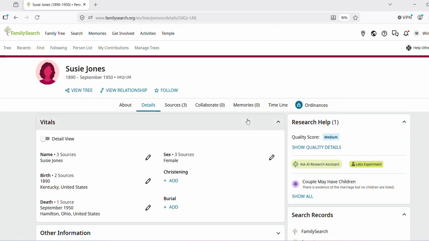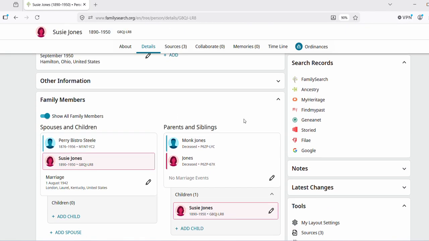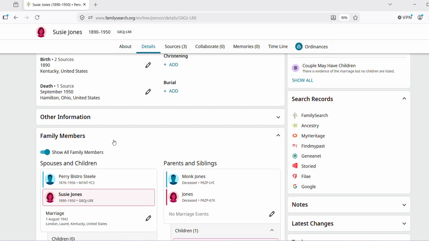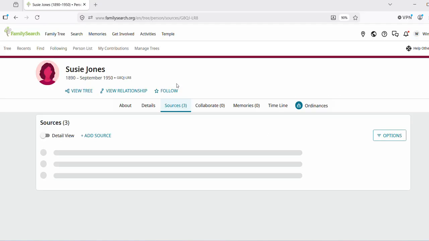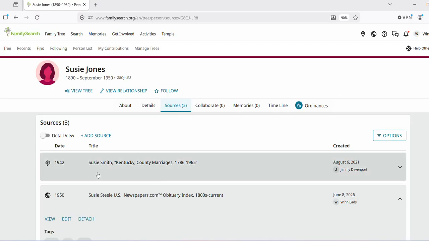Here is Susie. When I came to her page, she was listed as Susie Smith, and she had no parents. I actually came to her page because I was working on Perry and noticed that she didn't have very much information. So I went up here to the sources, and her marriage record said that not everybody was attached. So I went to it,